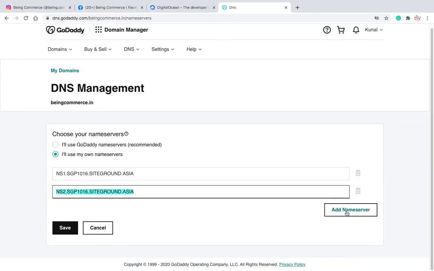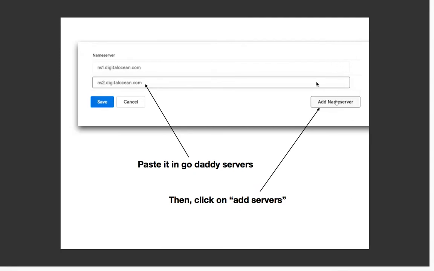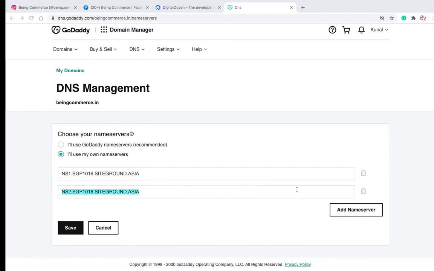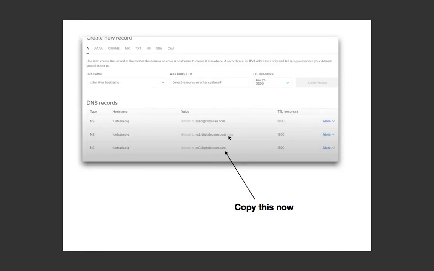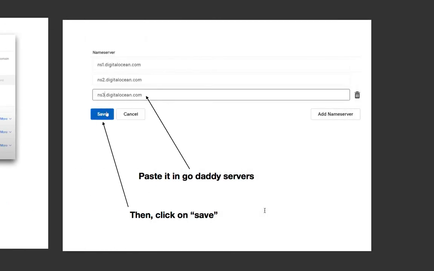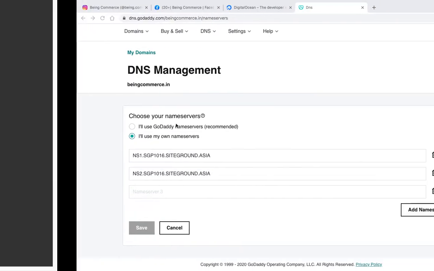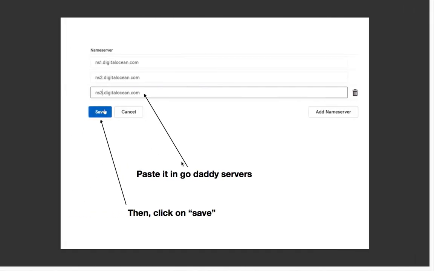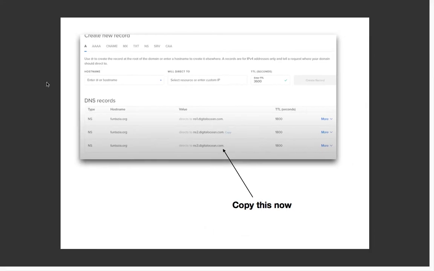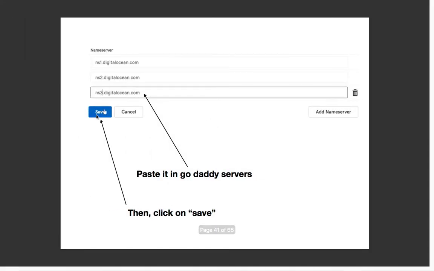Okay, now guys, you need to click on add new servers. Like I click on add new servers, it will again open one more option. So what we need to do, we need to copy the third one, and you have to paste that here, in the third one. But I don't need it now. But if you install this WordPress, you may need to add the name server. So like this PDF, you have to follow all the procedures. It will help you a lot. So paste the third value in your name servers and save it.